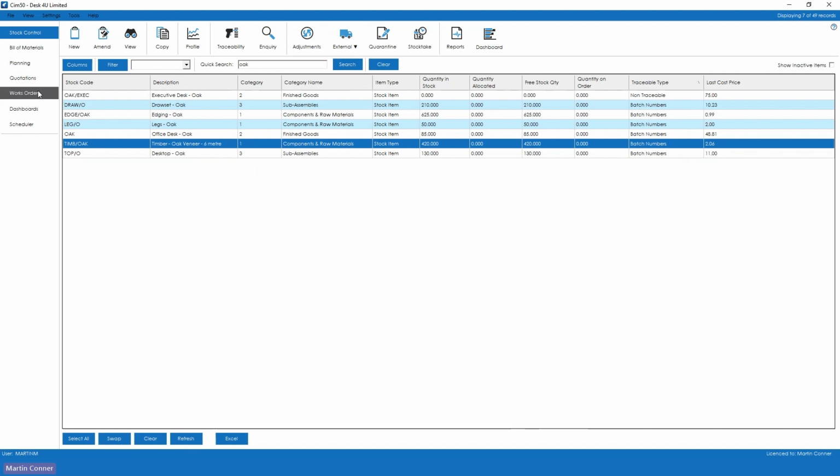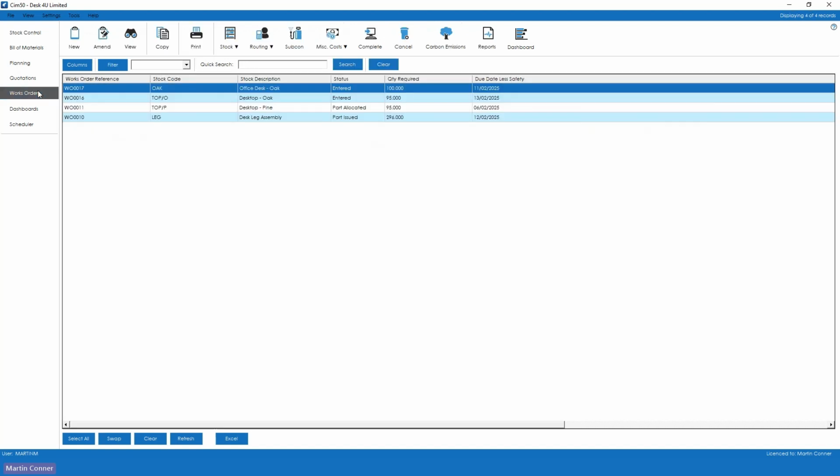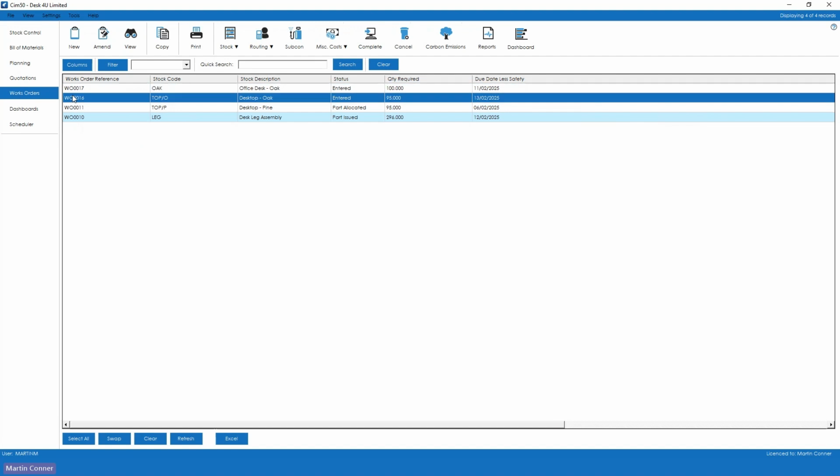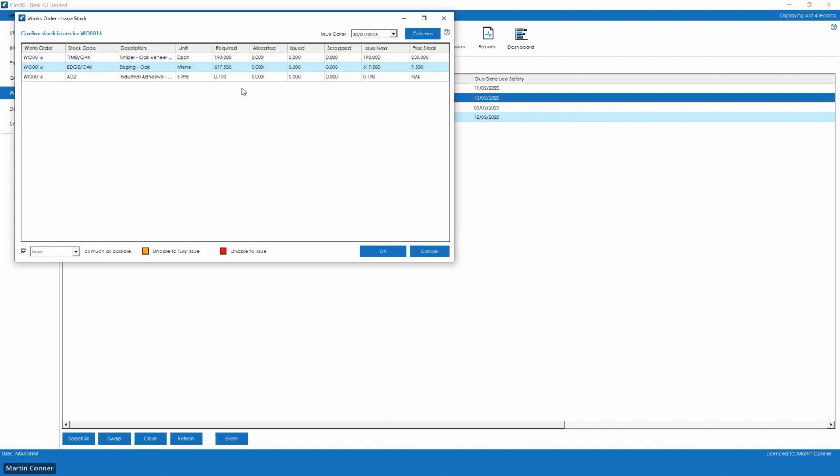What I'm going to now do is move across to works orders and show you some of the functionality here. So I've got a couple of works orders on here. We've got our top oak that goes into an oak desk, and if I was to issue the stock to that top oak, you'll see that we've got that timber oak that we've booked into stock, some edging and some adhesive. This will be exactly the same on allocation, so you can allocate batches as well as issue,